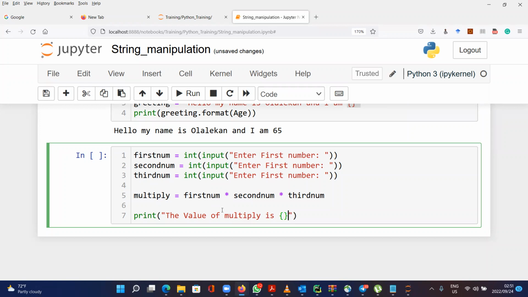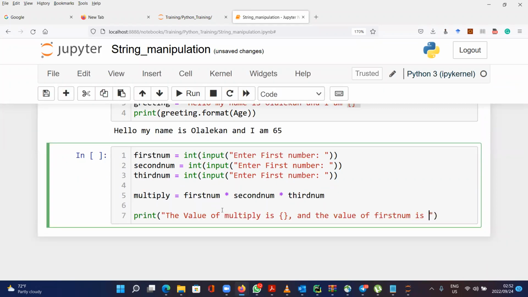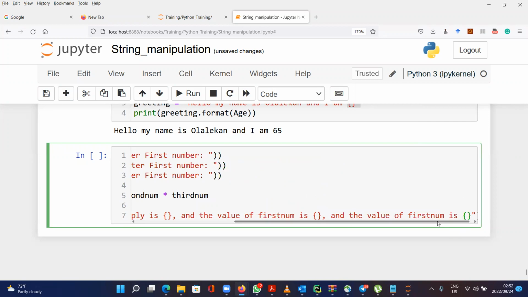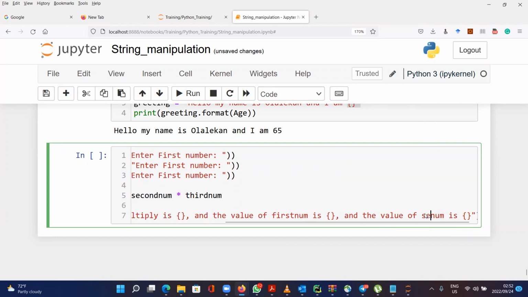And I'll say the value of first num is, and the value of second num is,